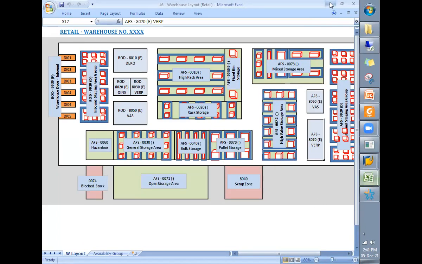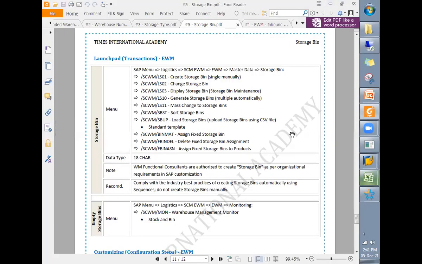In case you have your own layout, because sometimes we have people who are already working as WM consultants and now would like to learn EWM, they can also share their experience and their layout. So we will also discuss those things. This is all about interactive sessions for consultants.